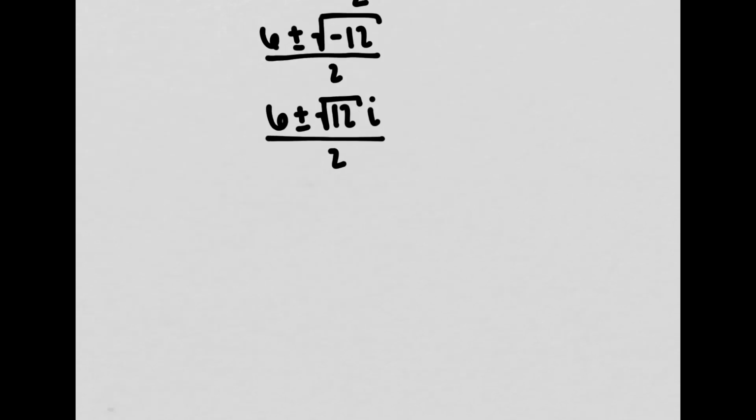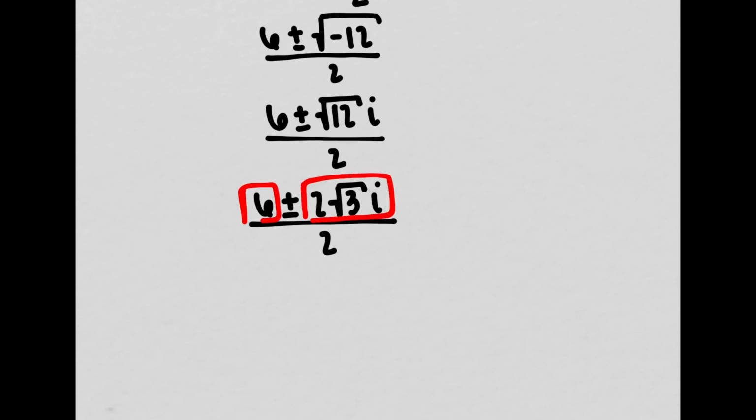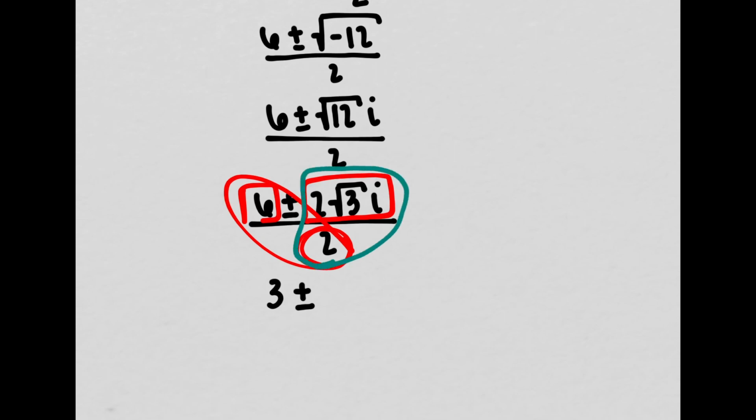over 2. Now, the square root of 12 does simplify, and it simplifies to, instead of the square root of 12, your calculator will give you 2 square root of 3i, and you have it over 2. Now, I can divide both of these parts, 6 and 2 square root of 3i, by 2, so I'm going to do that. 6 divided by 2 gives me 3. I still have my plus or minus. And 2 square root of 3i divided by 2, your 2's just cancel out, and I'm left with the square